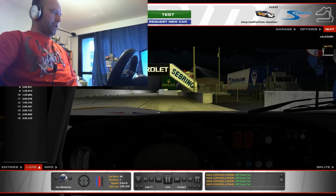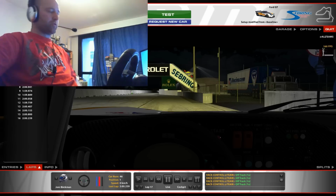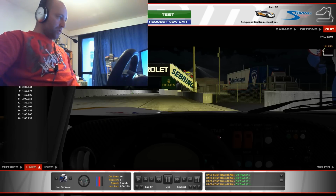So 1:58.879, that was the unofficial world record that I luckily managed to pull off with my personal race setup. And here are the following, actually I think it's 11 laps that I did with the baseline, and the only things I changed in the baseline are the brake bias to my personal setup preference and the gear ratios to match the track. So 1:58.879 unofficial world record with the open setup, and the fastest I was able to pull off with the baseline was